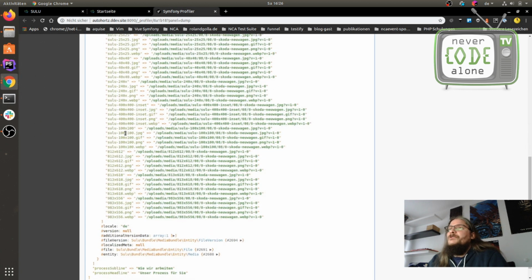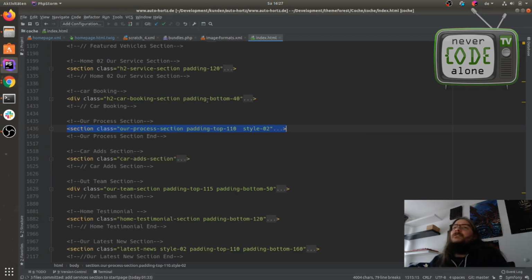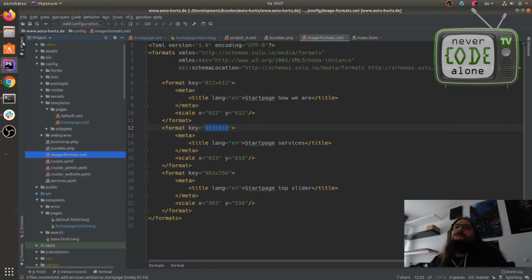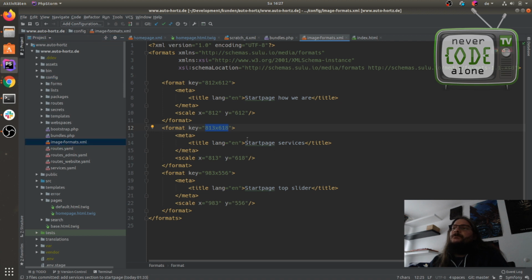but at first we have to check what size our image has to be. 1921 and 983. So we have to add a custom image format here. This is not the problem, because we have here a file called image formats, which is under configuration, root folder, image formats. And then you see that I have here three custom image formats, and I also have an order by size.